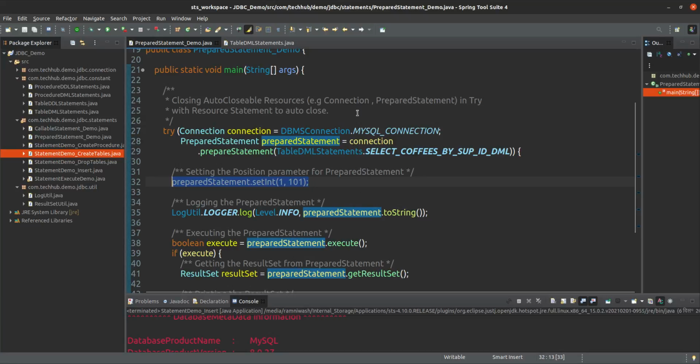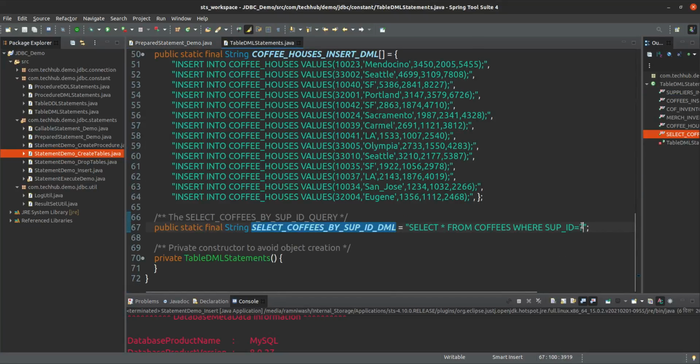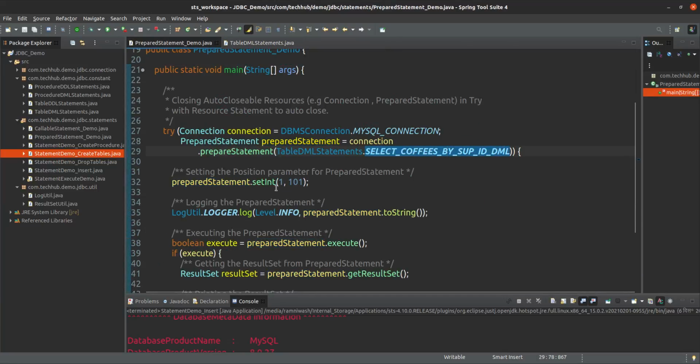Which position? In this string, if you go from left to right, you will see this question mark is coming at the first position, and the first position value is an integer type. So at first position, replace that question mark with the value 101.